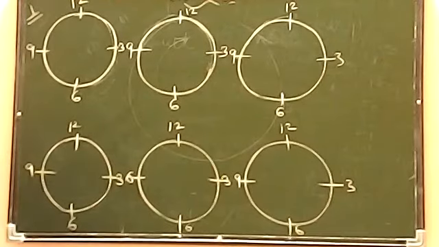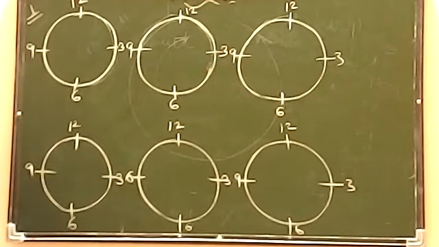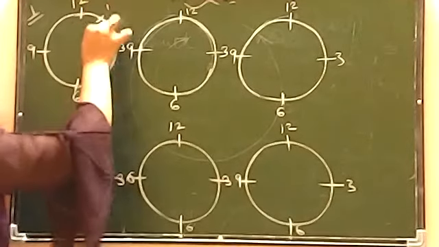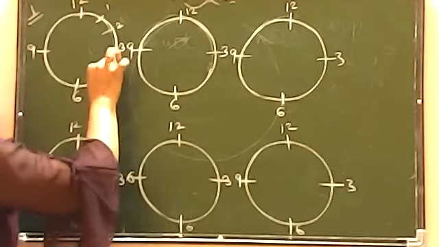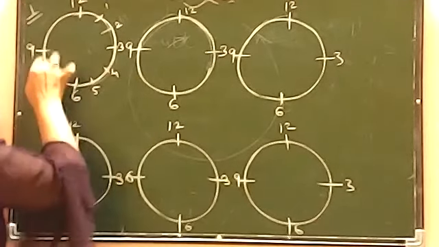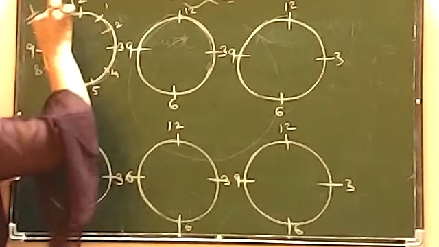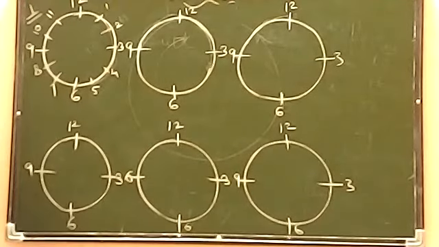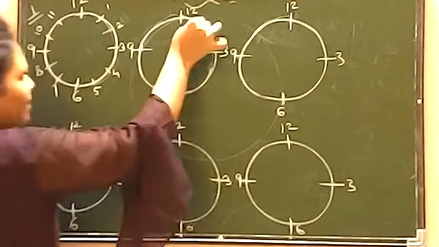Now let's understand the more hands, the more numbers of the clock. In between you will have 1, 2, 4, 5, 7, 8, 10, 11. I have drawn the full clock now. The same way you also draw it faster.